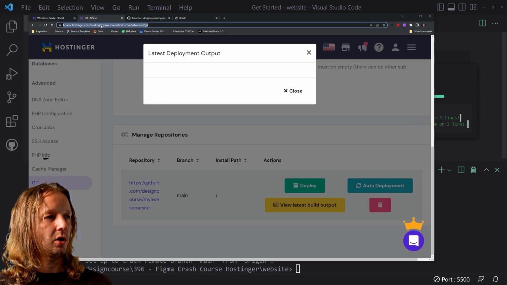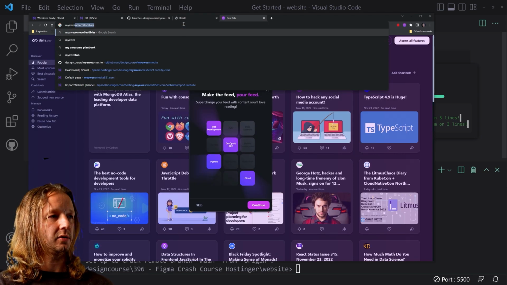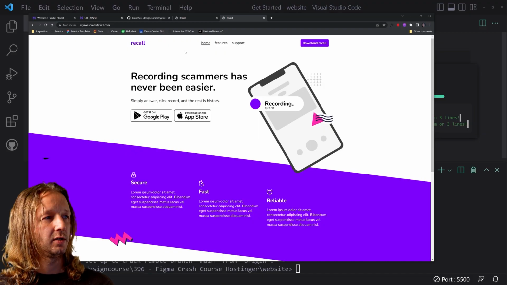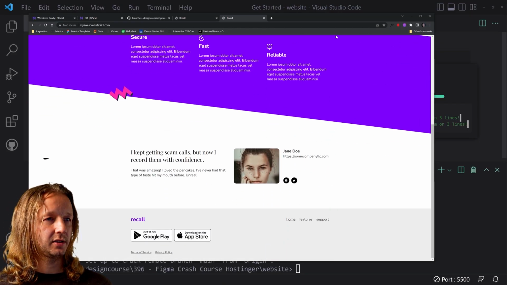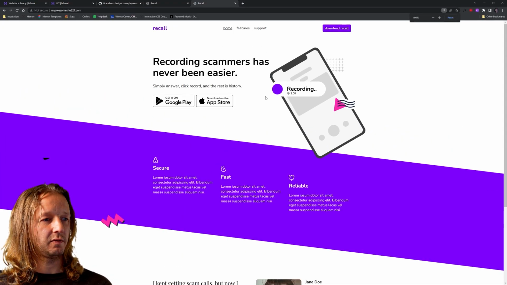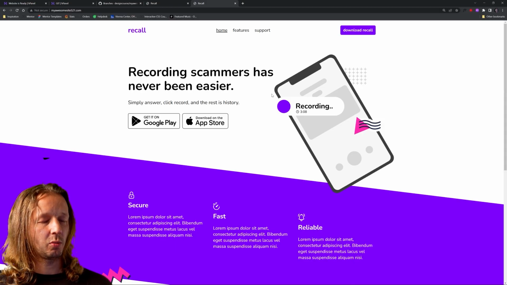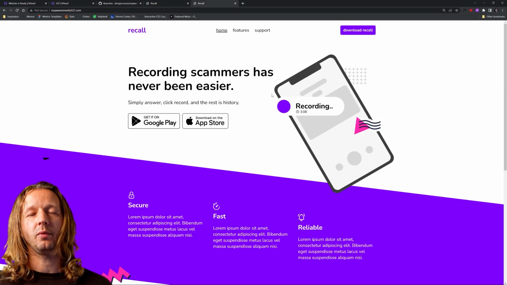And we're going to go back to the website, which is My Awesome Site 521. And there you go. It is 100% there in all of its responsive glory and ready to rock. Super, super simple, obviously, to deploy a website